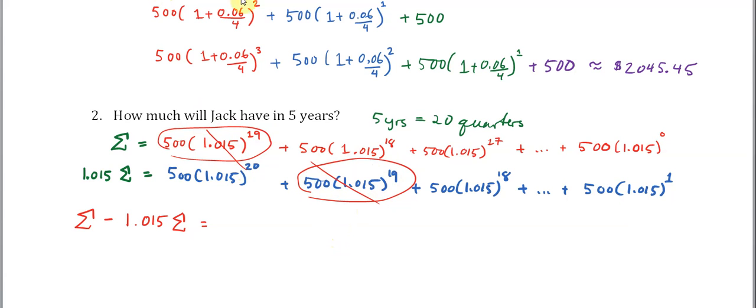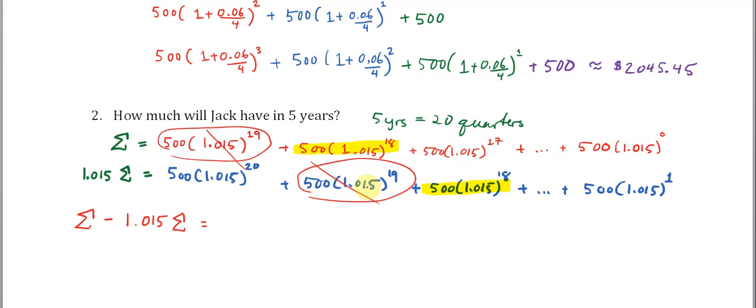And we can kind of keep on going, right? So to the 18th power, that's going to cancel, and this is going to cancel, right? What I highlighted in yellow, and the 17th power, there's a 17th power in this dot, dot, dot. And even this 1 right here, there's also a 500 times 1.015 to the 1 power in this ellipsis, this dot, dot, dot right here. So every single term on the top and